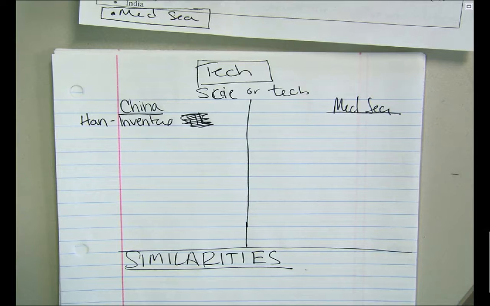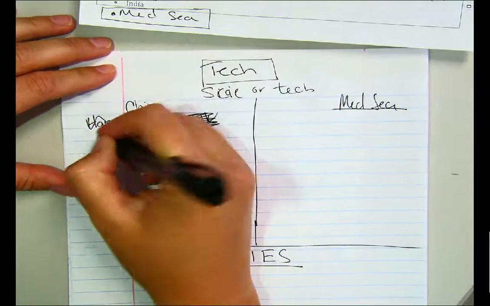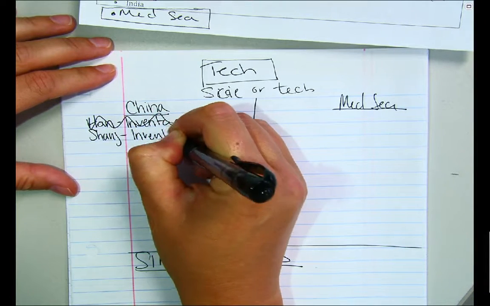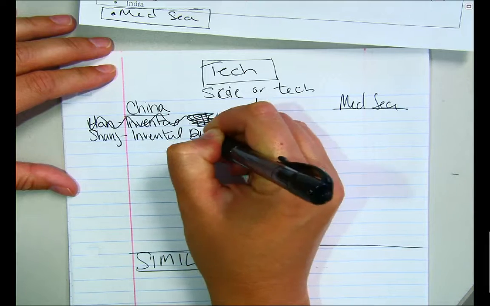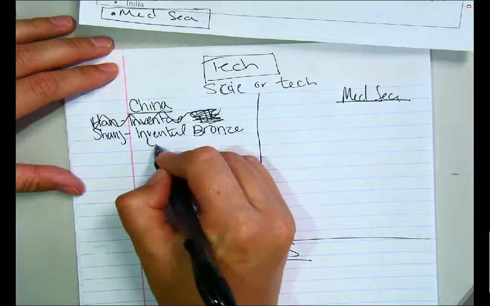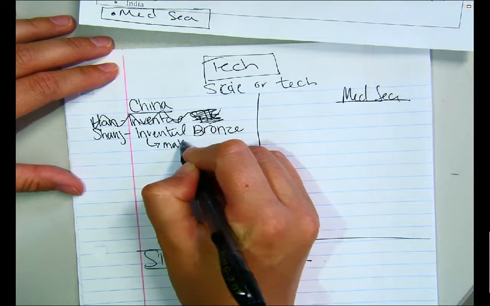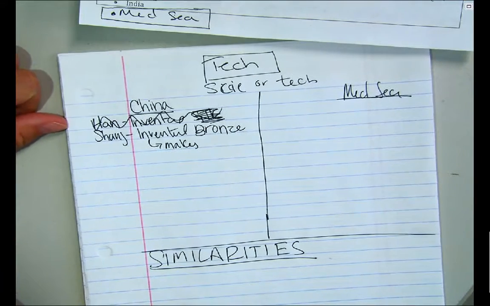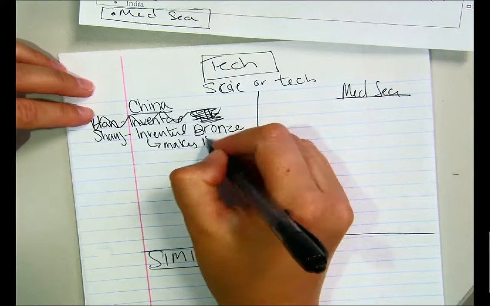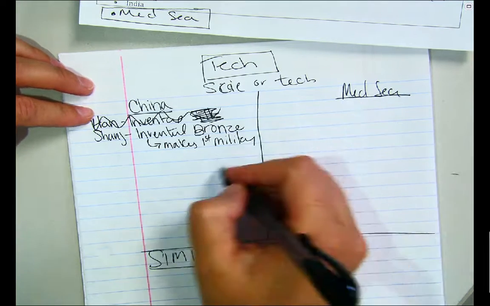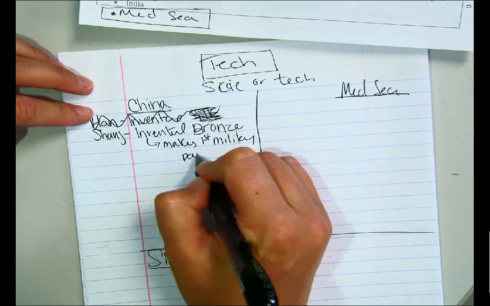What do you got, Emma? Shang invented bronze. There we go. Okay, why do we care about this, Emma? Okay, it doesn't help their military, it makes them a what, Emma? No, guys, come on, Lily. The first military power. Do you see the difference between helping their military and becoming a military power? That makes the first military power. What else can we say about it?